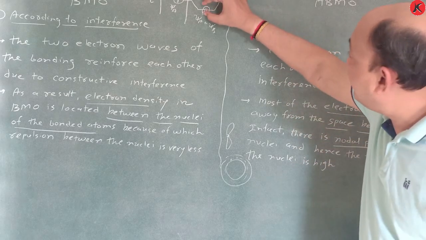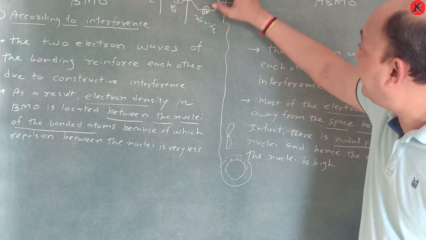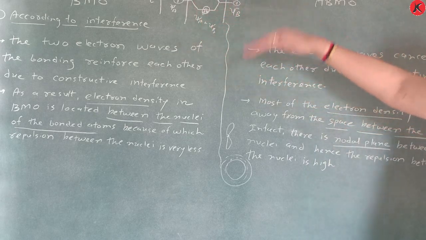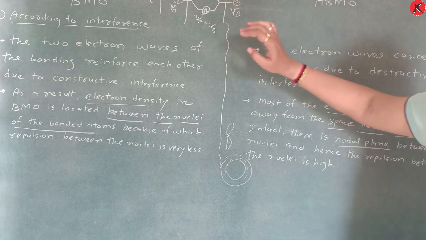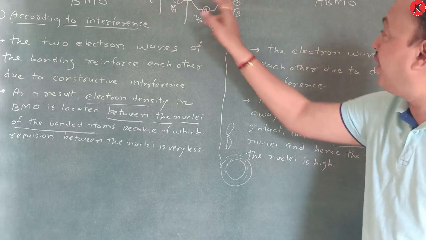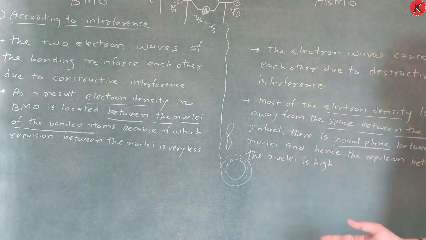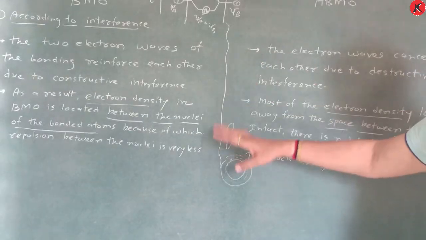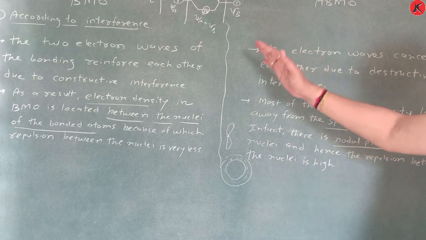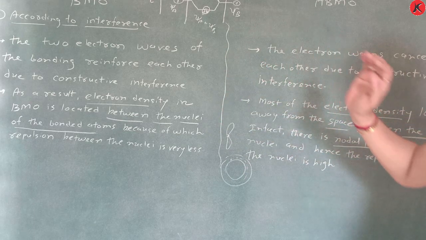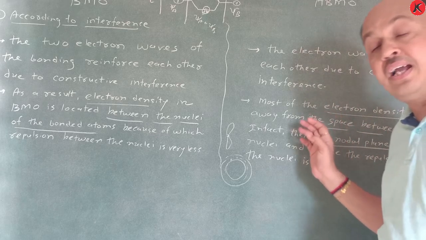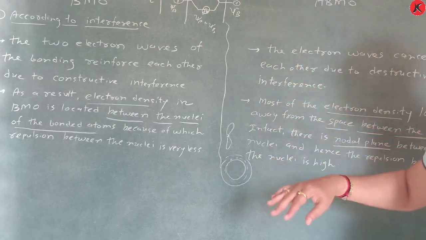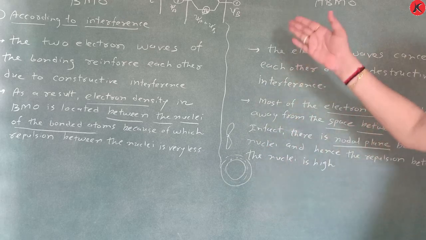And this distance remains the same. Energy is the same, so they separate out with the help of the same energy, when only one atom type is there, for homonuclear. If heteronuclear, it is a different thing. So here you have to remember up to this: first electron density, and second interference. Now we see according to energy level, which one has lower energy and which one has higher energy. So write down this one.